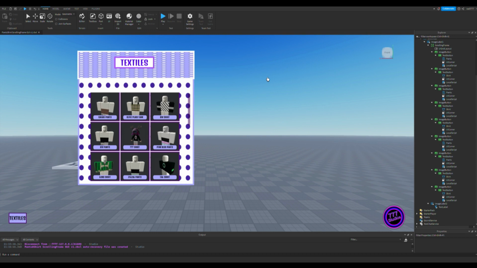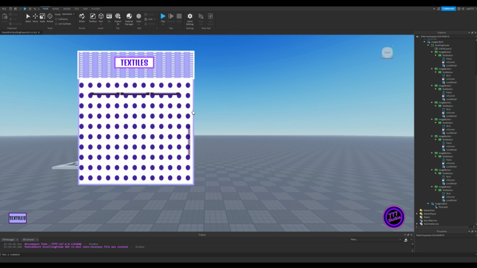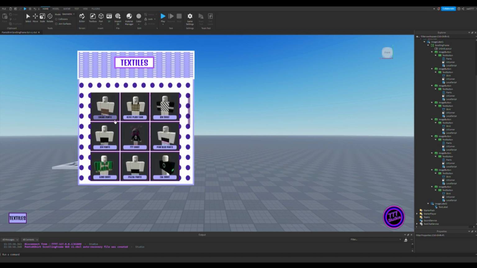In this tutorial, I am going to show you how to make a Screen GUI similar to what you see showing on the screen. It has a scrolling frame, a horizontal scrolling frame, and when the player clicks this button, it will open, and when they click it again, it will close. And when they click the button, the name of the outfit, so this says Safari Pants, then those pants will